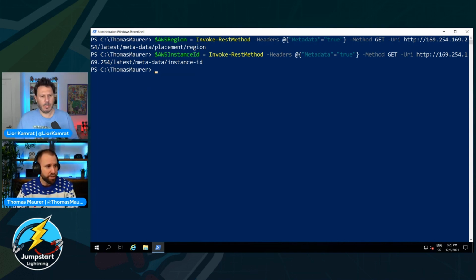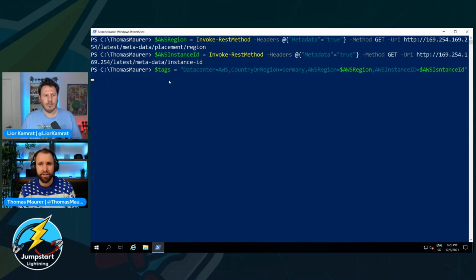The next thing I'm going to do is put a little bit more tags on it. For example, things I want to add as information, like this is AWS onboarding. I can also say I want the country to be onboarded. And then you can see here, I add the variables with some information. So you can extend this as you want, depending on what you want to add. Also very static things, like this is the data center, the AWS tag, for example, is very static in this case, but then also some of them which are basically done by PowerShell. Got it. So I'm going to save that.